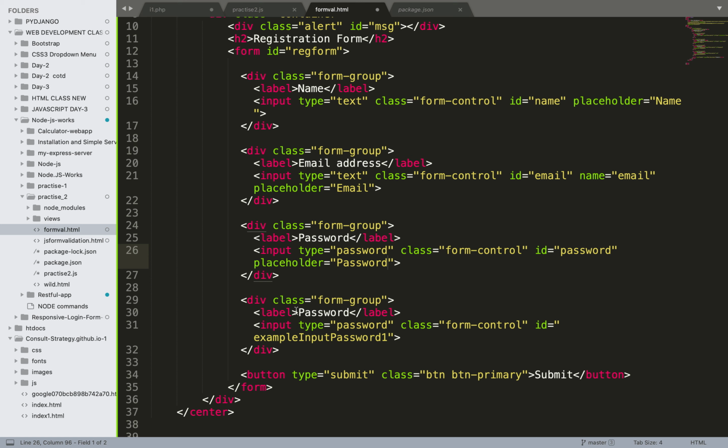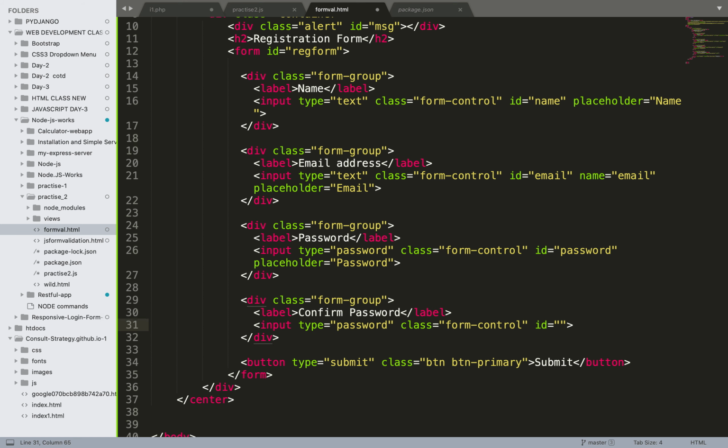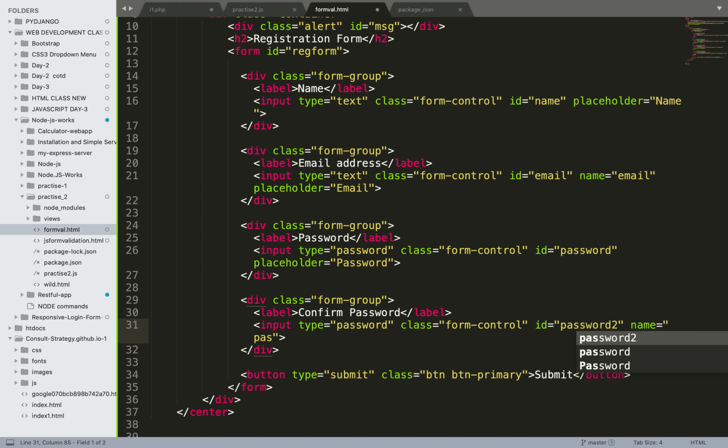Same goes for this. The type will be password, and the label will be confirm your password, and id password two, and placeholder confirm password.